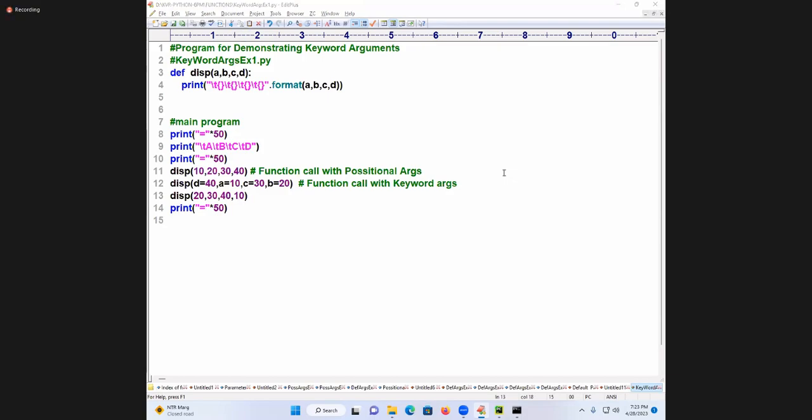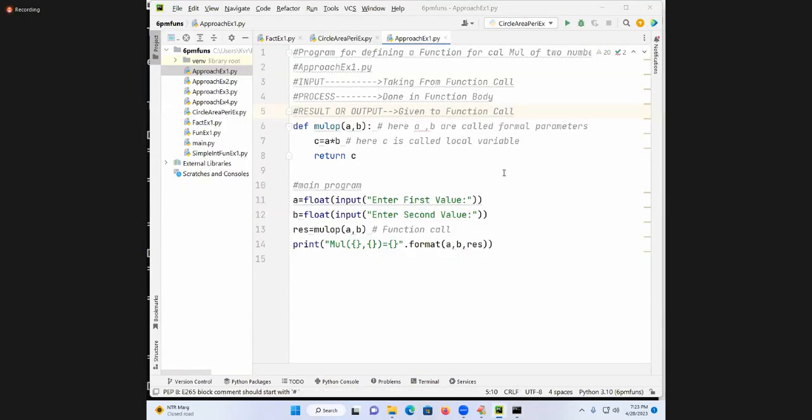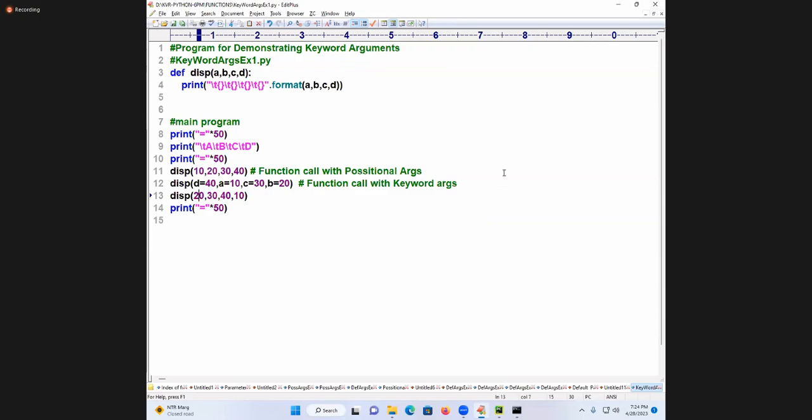If I pass it like this, you are losing the meaning or not? To pass the data accurately, spell out: P equal to, C equal to, D equal to. Very good. What is this concept called?